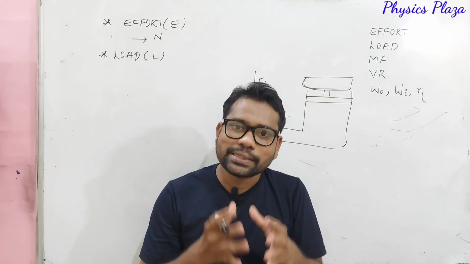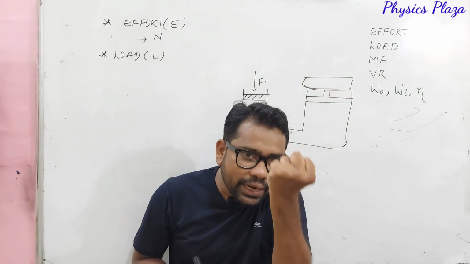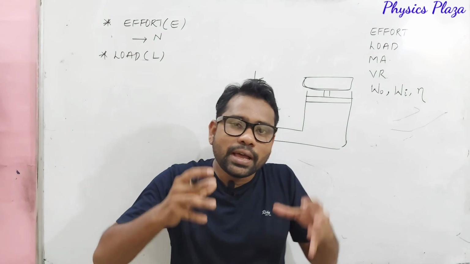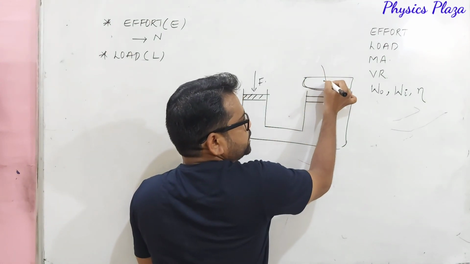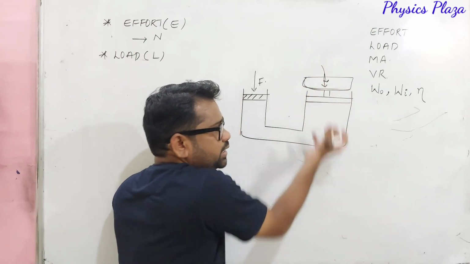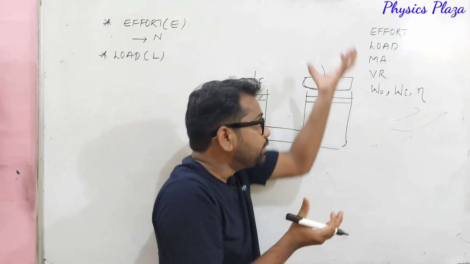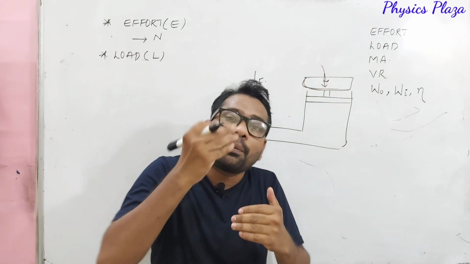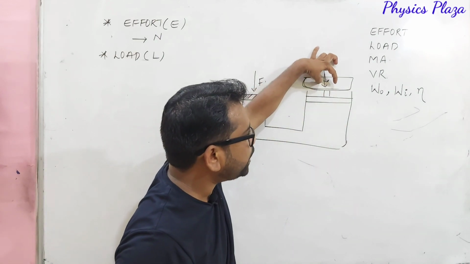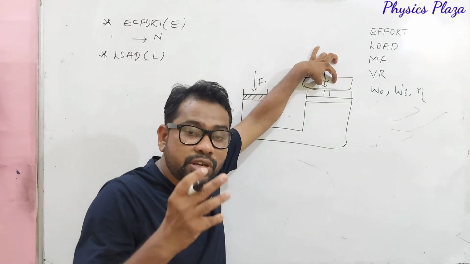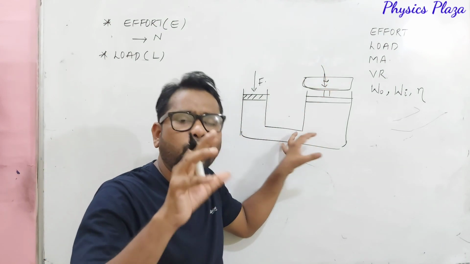Do you think that it will accept that change? No, it will try to come in the downward direction just because of the gravitational force. Means it will try to resist the change. So that only we can say it's a resistive force. It is being pulled by gravity. When you try to lift it, it will try to come down. Means it opposes the change. So this heavy weight which is overcome by the machine is called load.